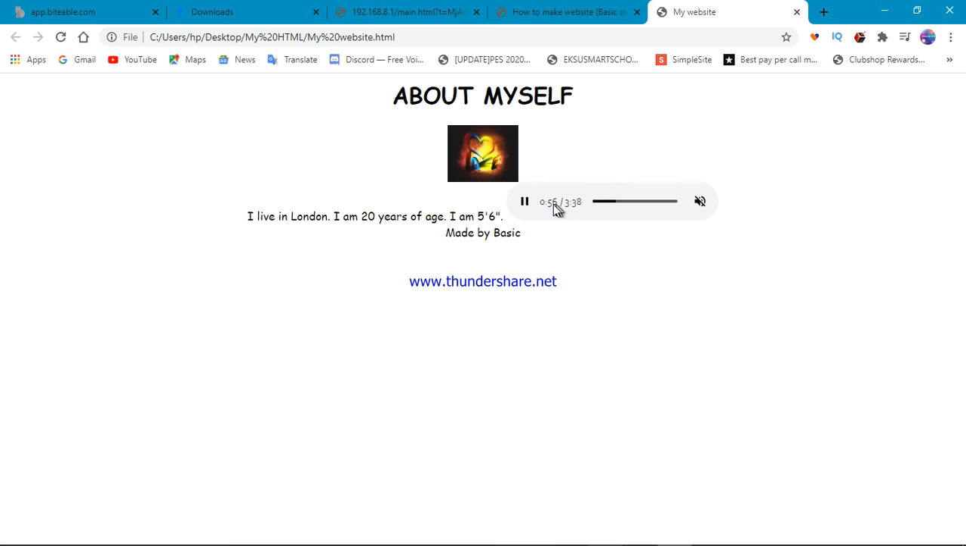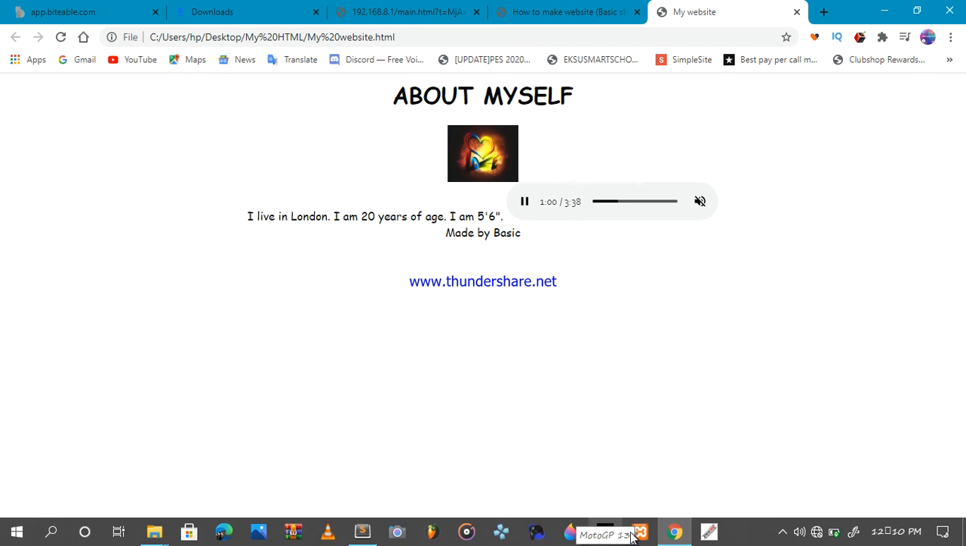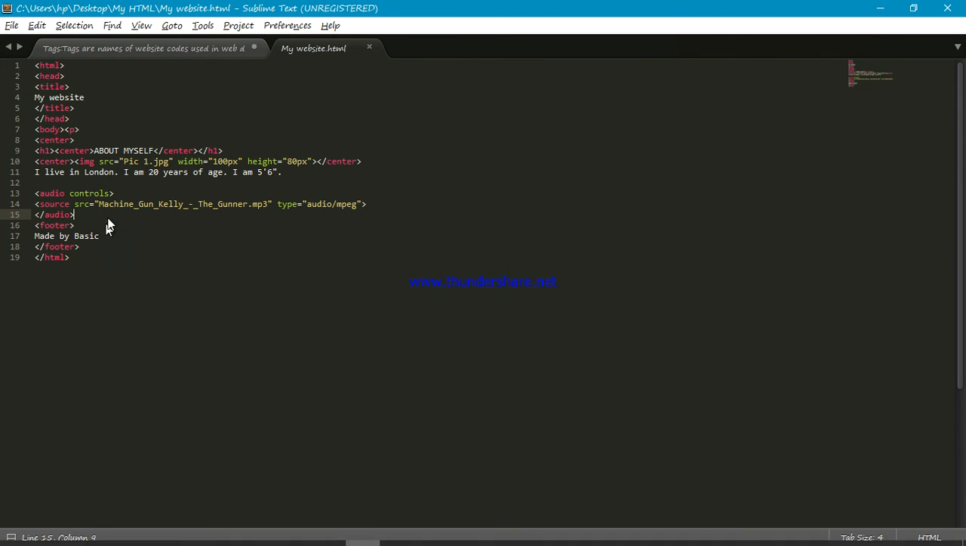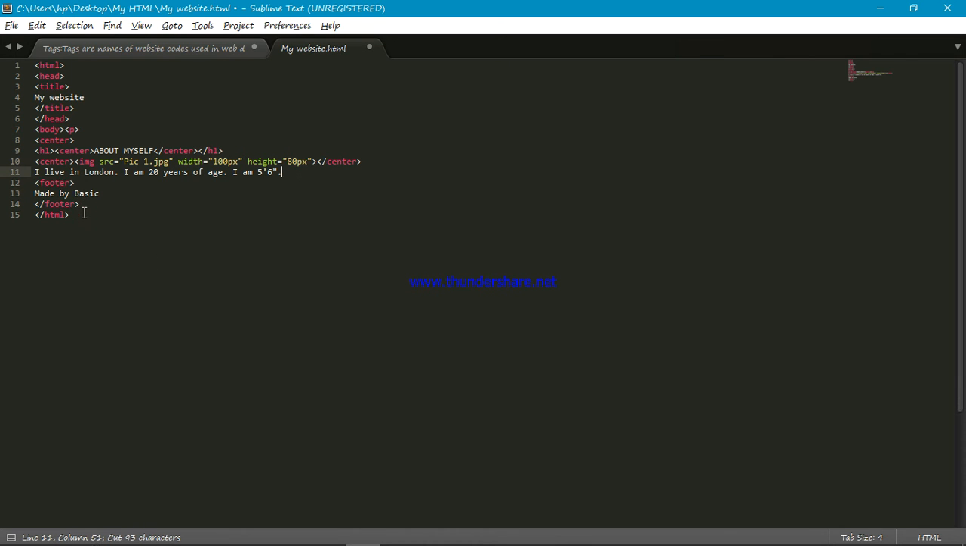So to align this right under the sentence, just head back to your Sublime Text, and then you can just cut this out. Cut it. It's going to be Control X. Okay. So once you cut it,